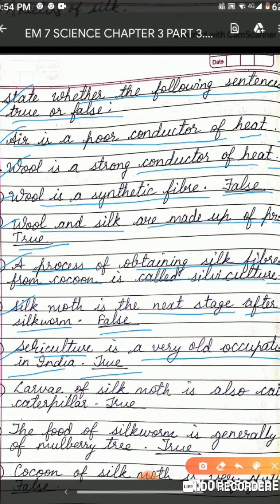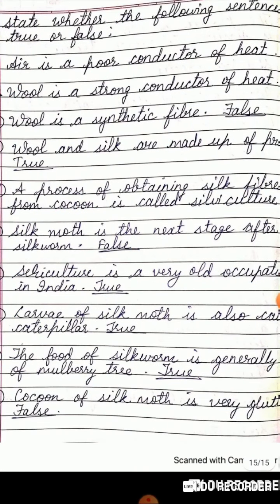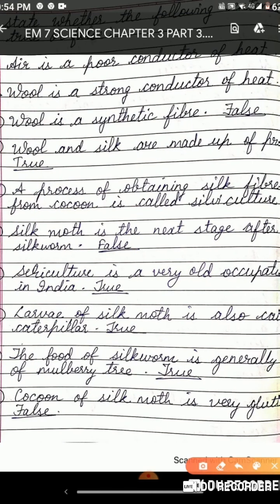Number 8. Larva of silk moth is also called caterpillar. True. Number 9. The food of silkworm is generally leaves of mulberry tree. True. Number 10. Cocoon of silk moth is very